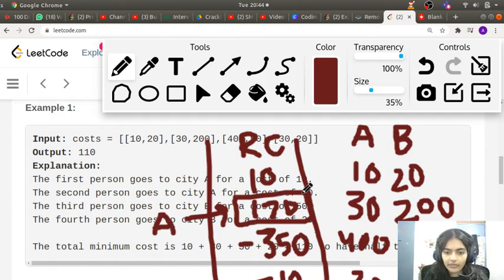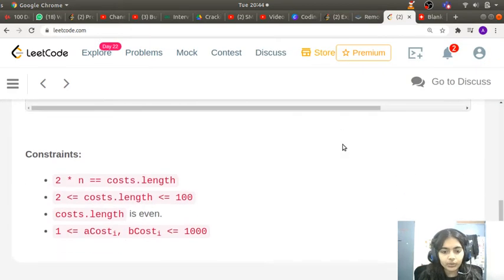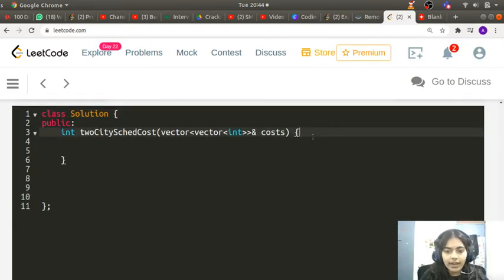So we know that we have to definitely fly him to city A. Next, after this person is eliminated, we know that the maximum amount of money we can save among the remaining people is by flying the first person also to city A. So this guy is also eliminated. So 2 guys have gone out of 4, and the remaining 2 guys, we know that we will have to fly them to city B. So this is the logic, and we can move forward to coding it to understand it better.